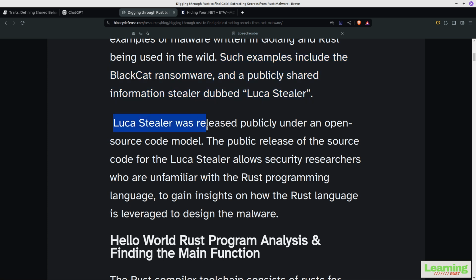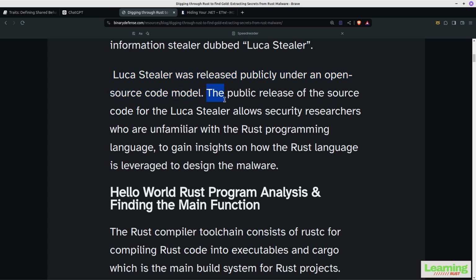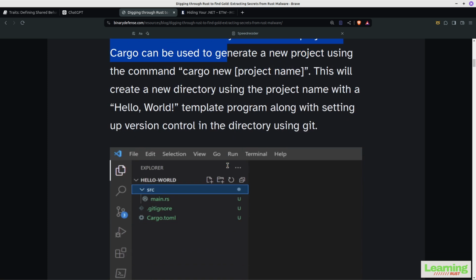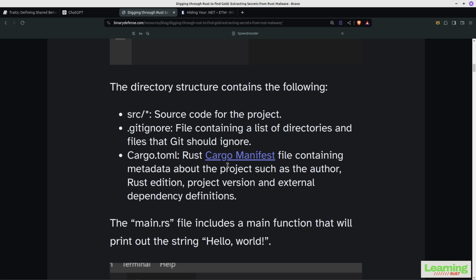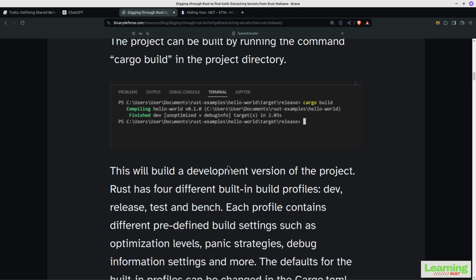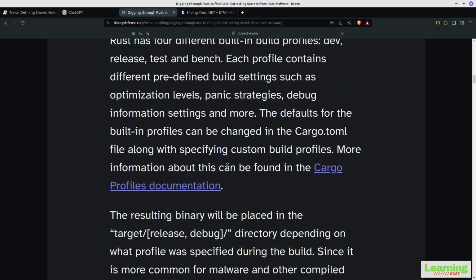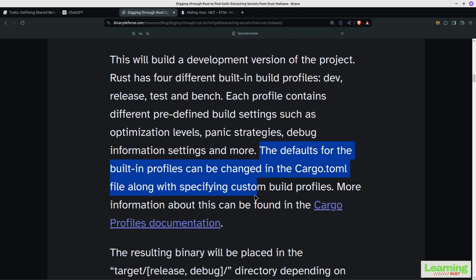Luca Stealer was released publicly under an open source code model. The public release of the source code for Luca Stealer allows security researchers who are unfamiliar with the Rust programming language to gain insights on how Rust is leveraged to design the malware. All right, this really is starting from scratch. Hello world. Okay, the defaults for the